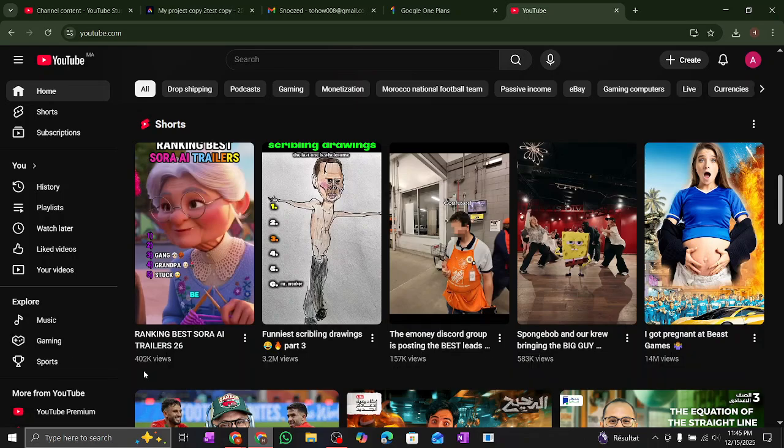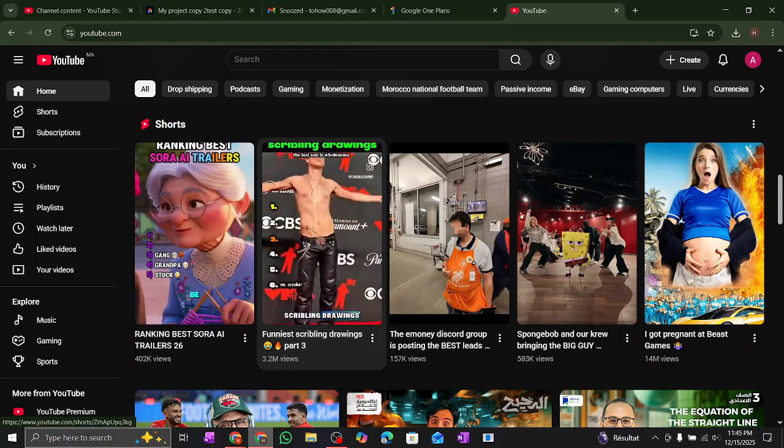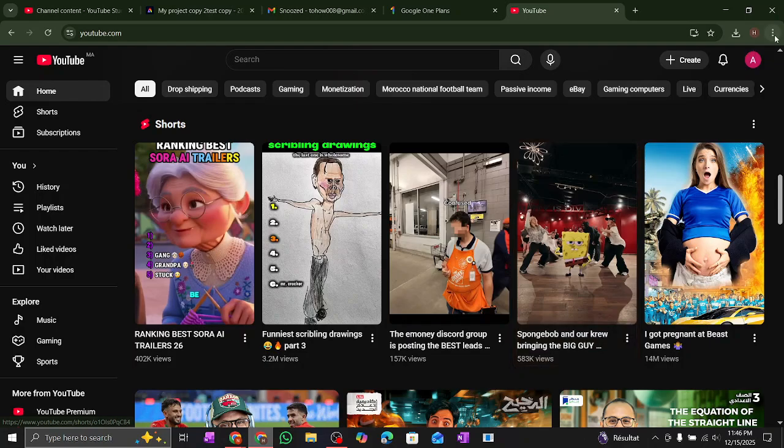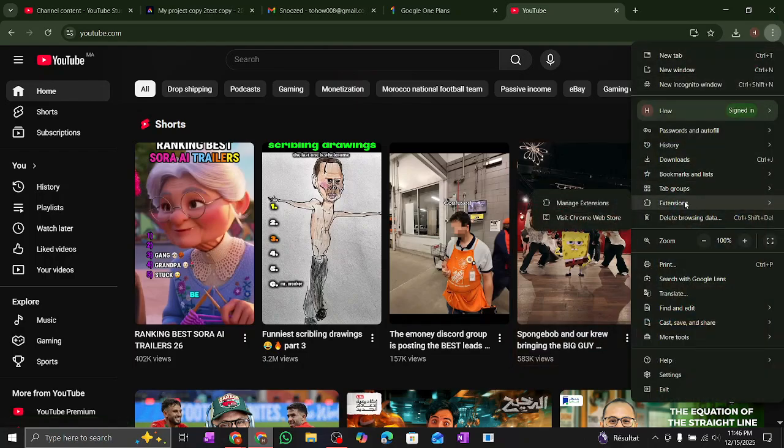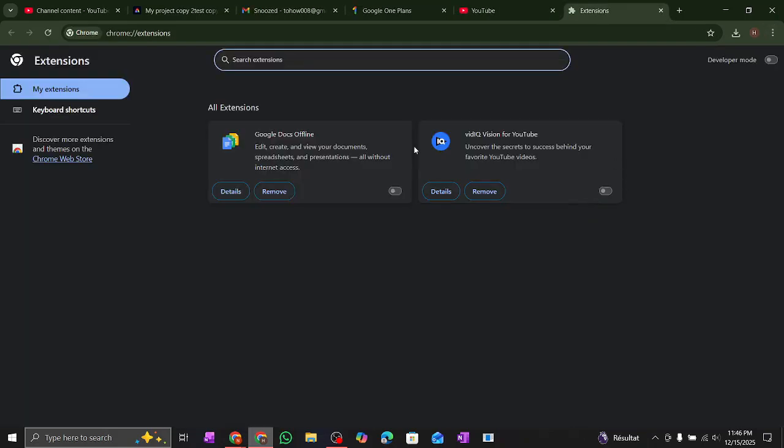First, go ahead and open YouTube on Chrome. What you need to do first is go to the top right here and go to extensions. Click on manage extensions. Here you are supposed to find an extension named AD blocker or something similar to that. You can just disable it by clicking on this button. Once you've done that and the problem is not fixed yet, you can just